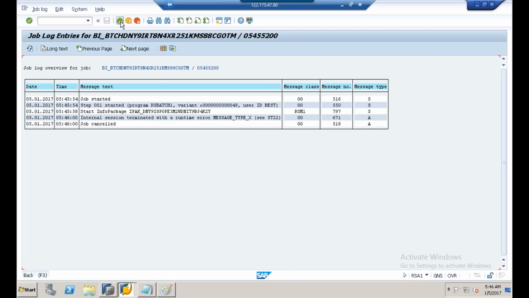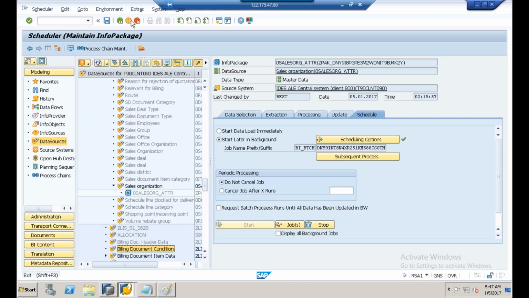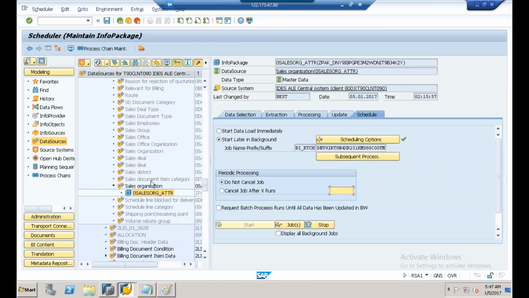Okay, so let's go back again. Let us do the schedule again. Just double click, start data load immediately, and click on start. Let's try again. A data was requested. So in order to see whether data was requested,